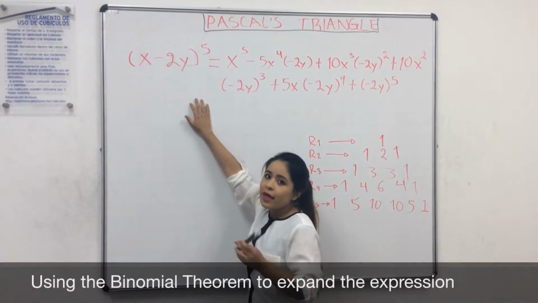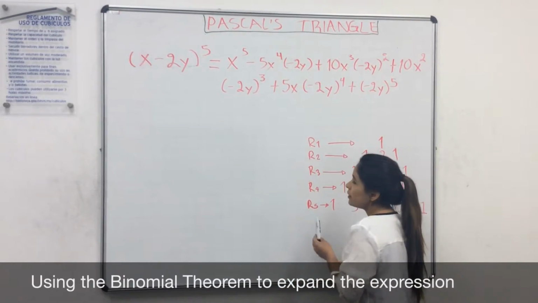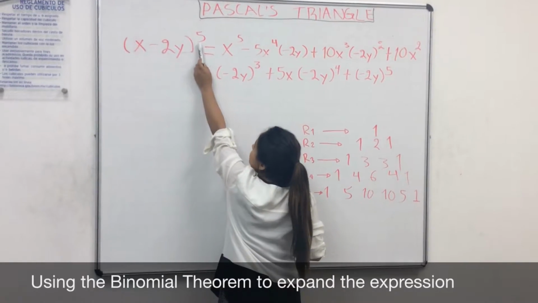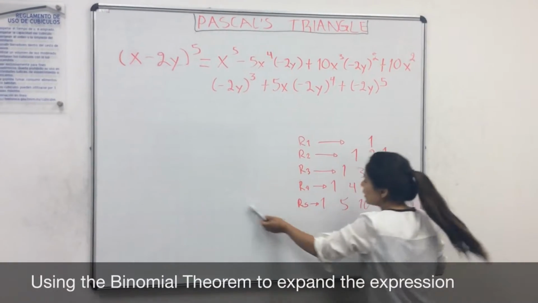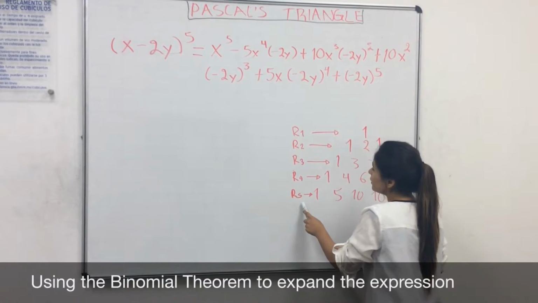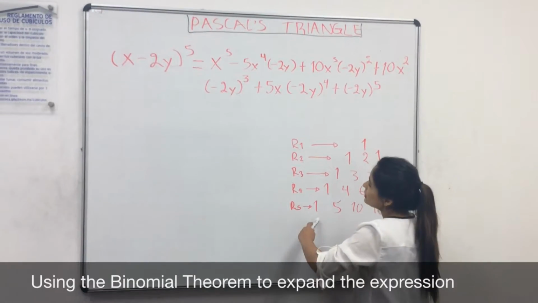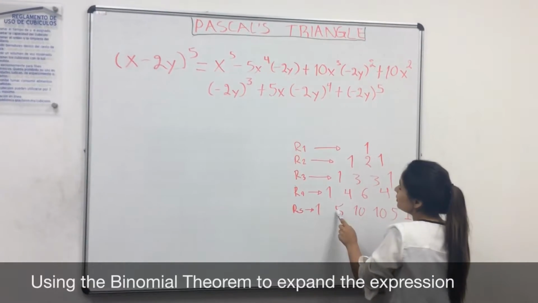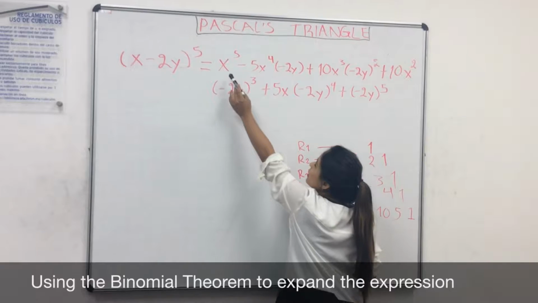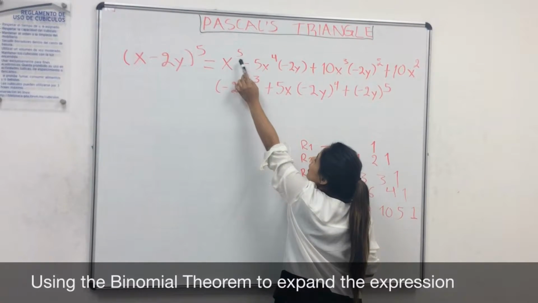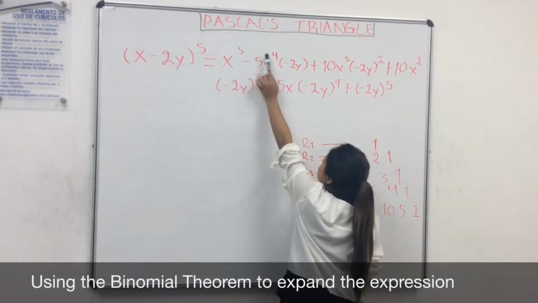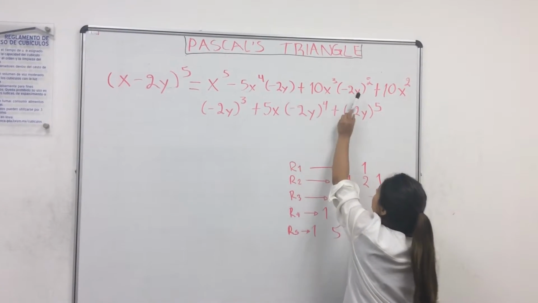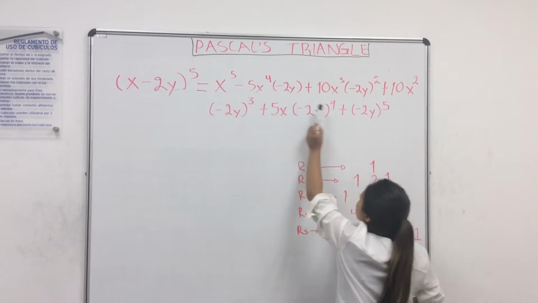For this equation, we have to do the same as in the previous one. So, like here, the exponent is 5, so we look at row 5. We have to do the same: x is 1, 5 is here, and the exponent of x will be decreasing, and the exponent of y will be increasing, like here, until